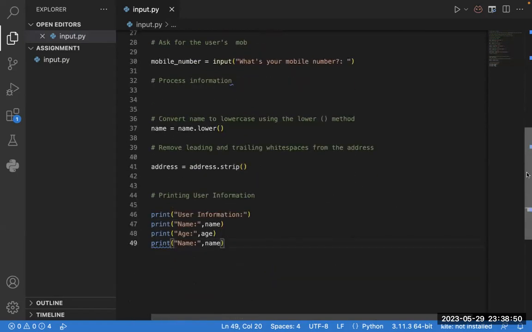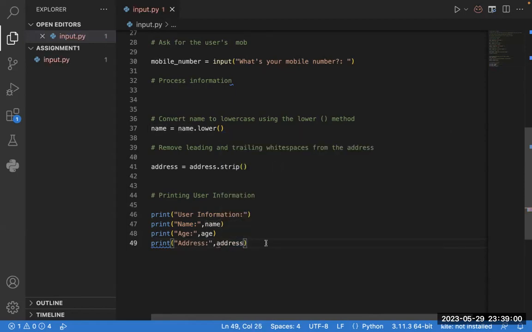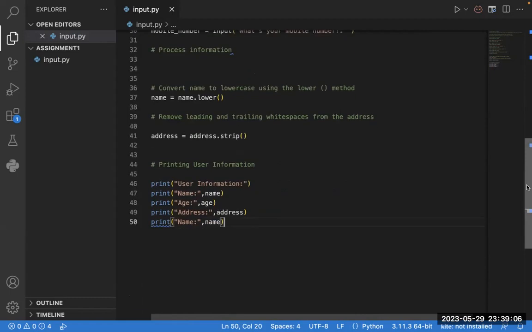Next variable address. So I'm gonna change it to address. So I'm gonna select this, and paste it for address. Next, email address. So we're gonna put email ID